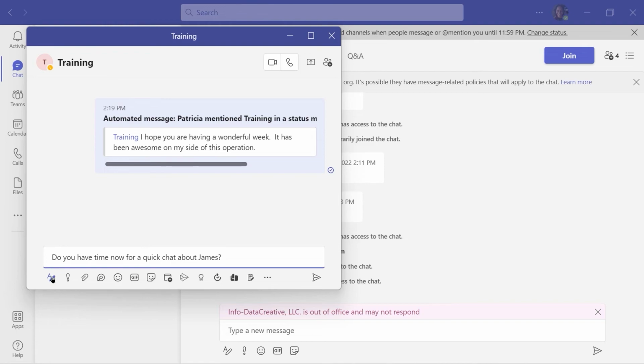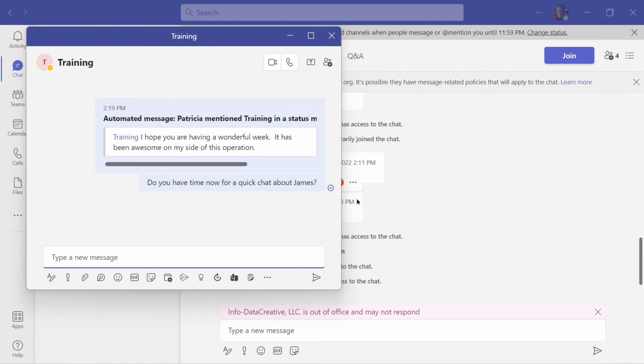And underneath it, you'll see that you have all of these icons. I can format, I can set the delivery options, I can attach items to a chat, looping components. You have a bunch of emojis and GIFs and stickers that you can add. You can schedule a meeting from here. You can get to stream from here. You can give praise, approvals, all kinds of stuff. Viva Learning, updates, and then there's more, right? We just want to send a chat. So we're going to use the send button, and it shows up on our screen.